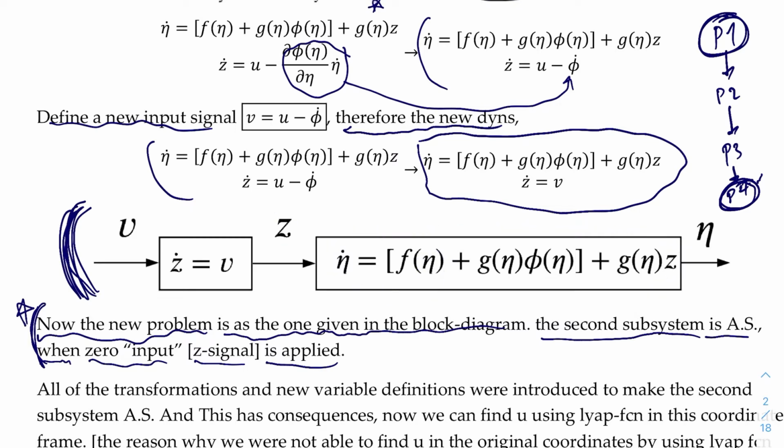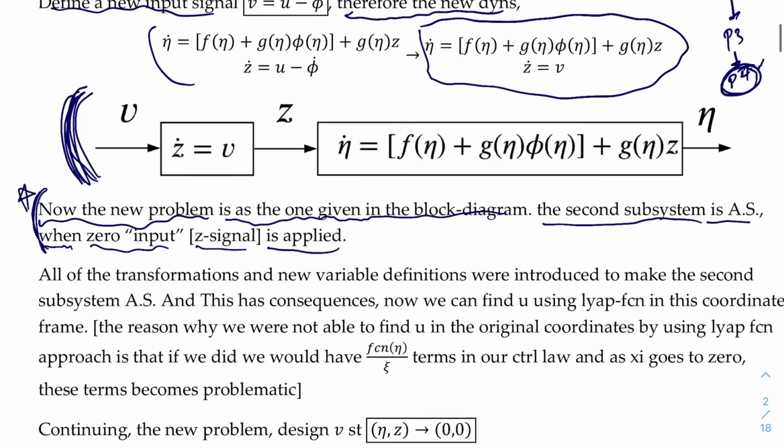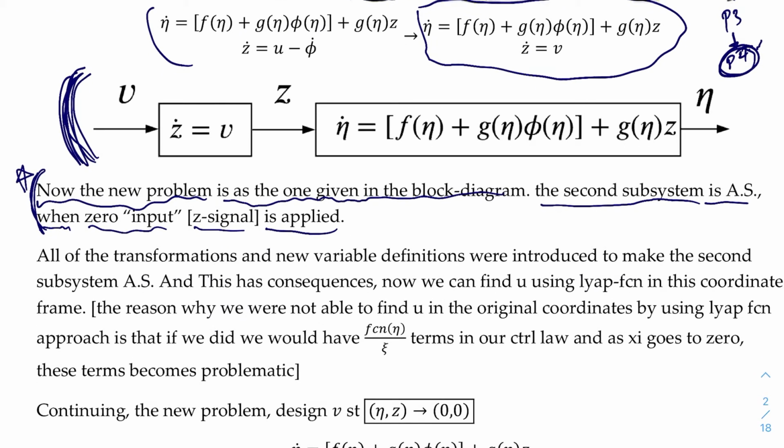And we are going to employ that way of solving that. We will see a pattern, yeah, that's the main point. Because this is an important property, and you will notice that in the comment. All of the transformations and the new variable definitions were introduced to make the second subsystem asymptotically stable, and this